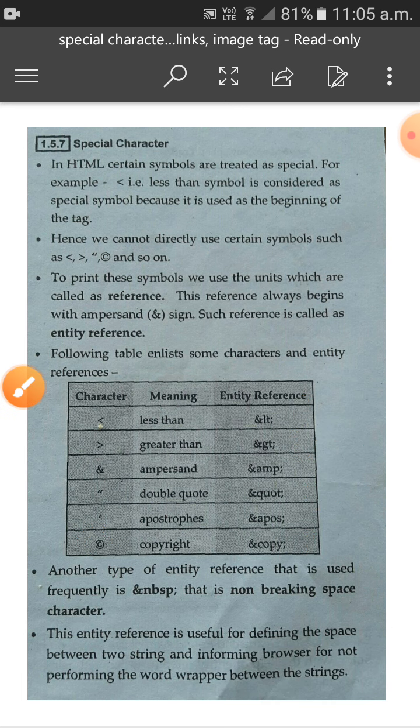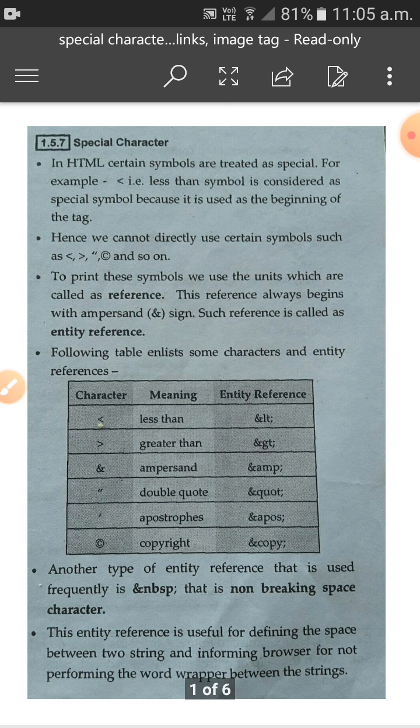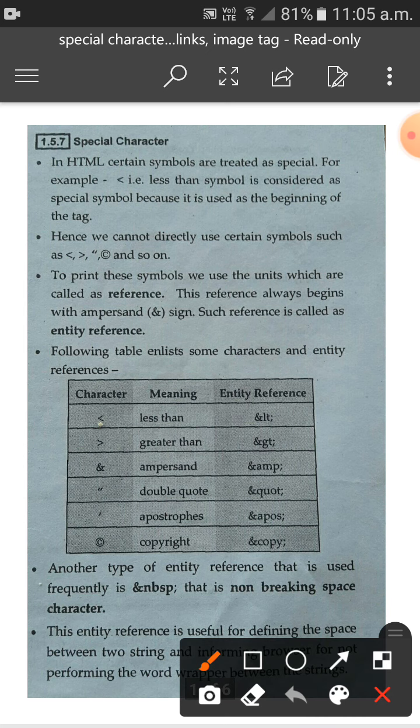Another type of entity reference that is used frequently is ampersand NBSP, which means non-breaking space character.